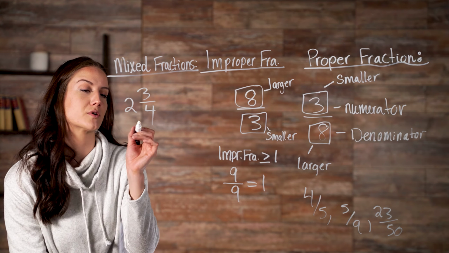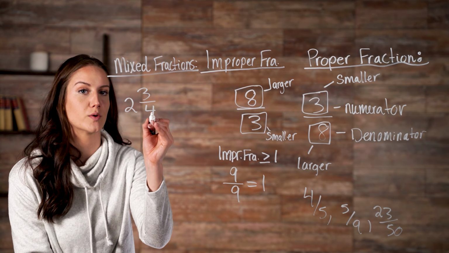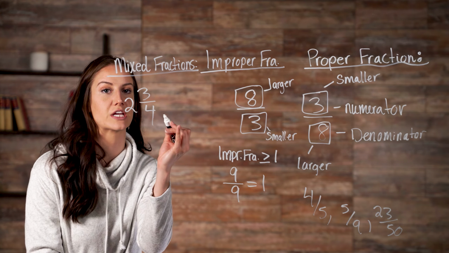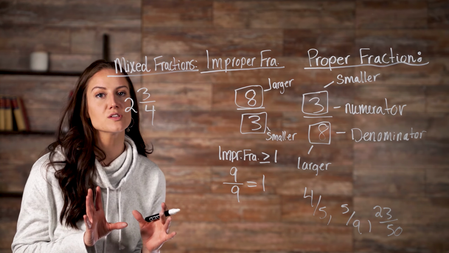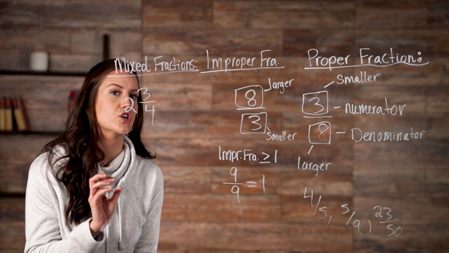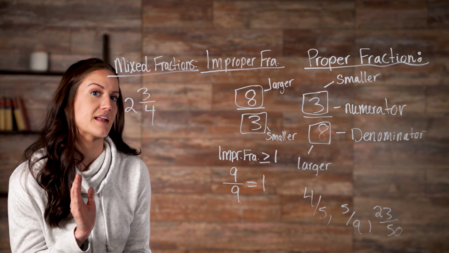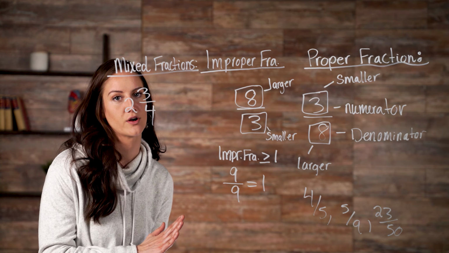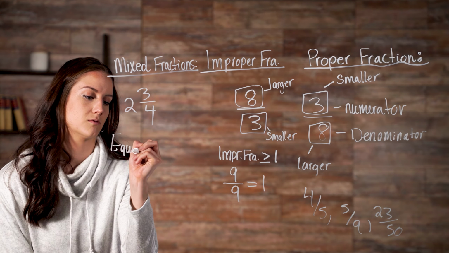Note that the whole number 2 is followed by the proper fraction 3/4. We also have equivalent fractions. Equivalent fractions are two different fractions that name the same number. For example,